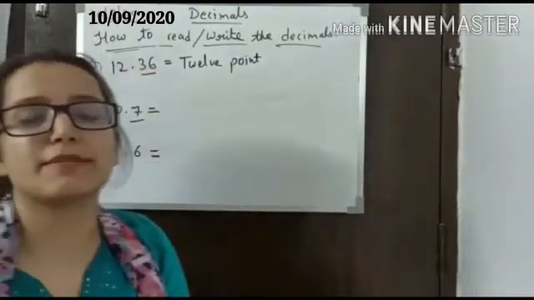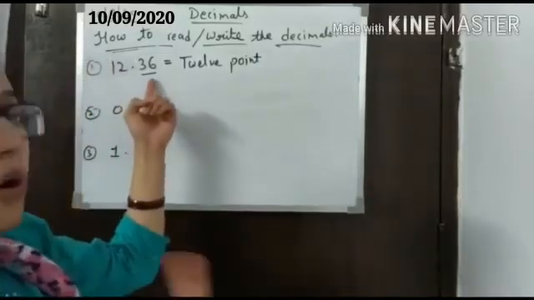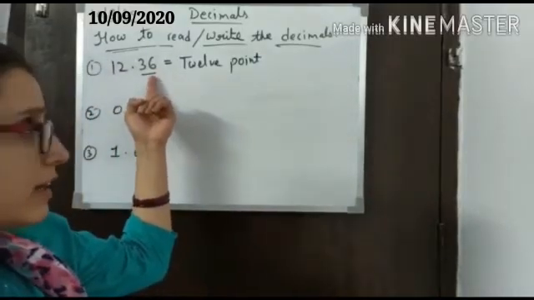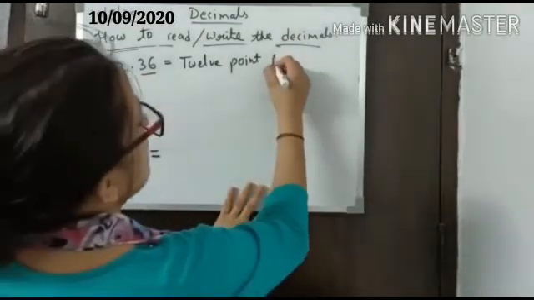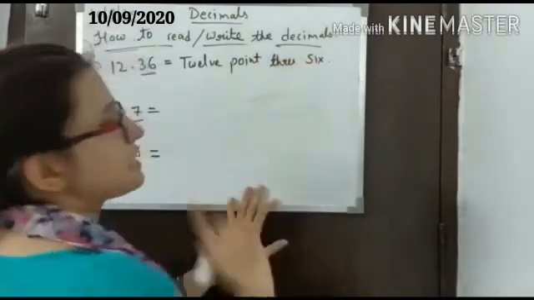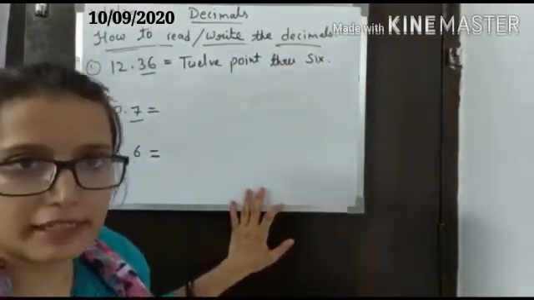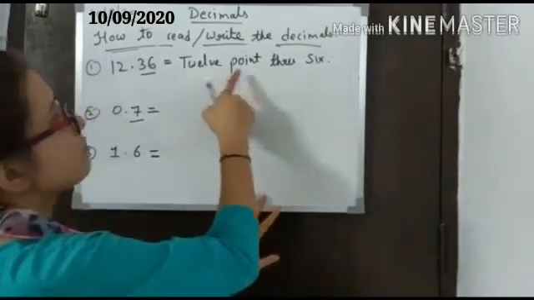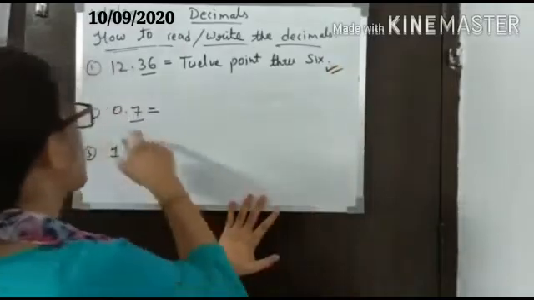But in the decimal part, we will not write it like the whole part, like 36. We will not write like this. What we have to do is write 3, 6. In the decimal part, we will write each and every digit separately, like 12.36. This one is the correct answer. Now, second part,